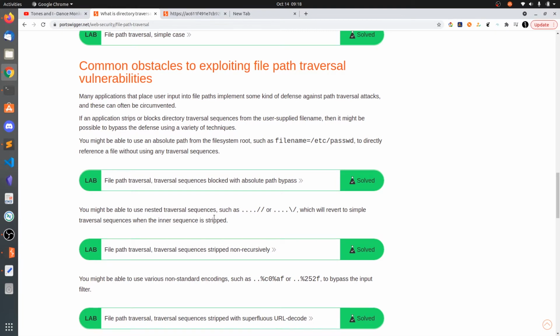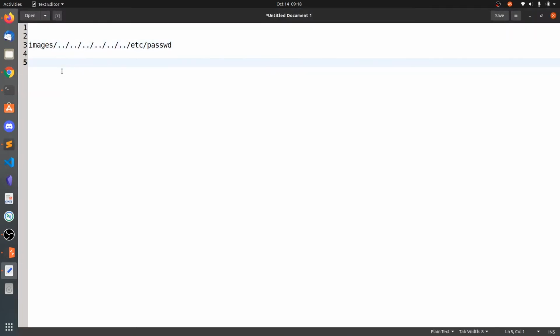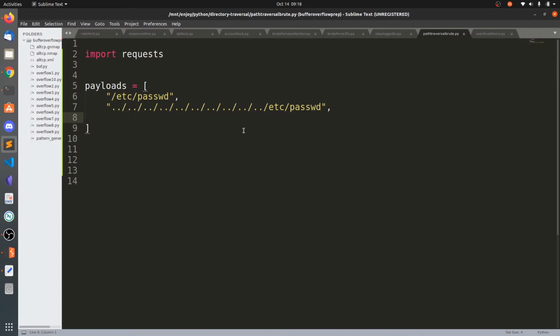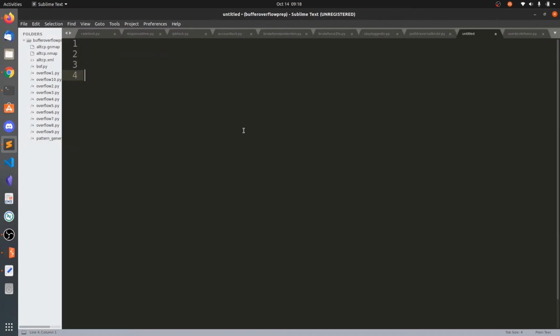Here there is another filter. We can use this one, ....//. I will explain this code here. The backend code will be like this: if there is any ../, it will be converted into an empty string.